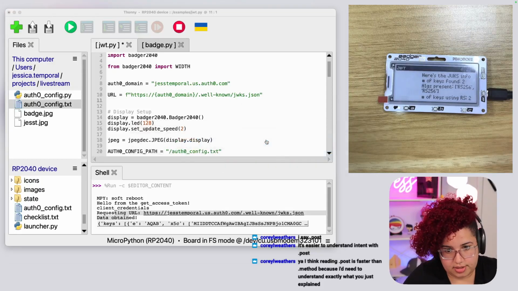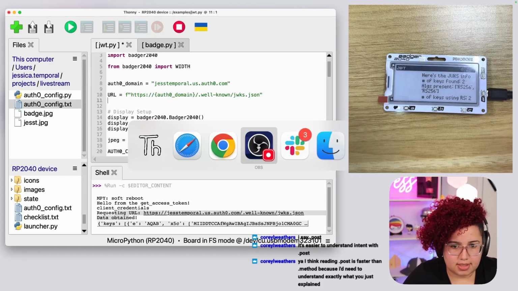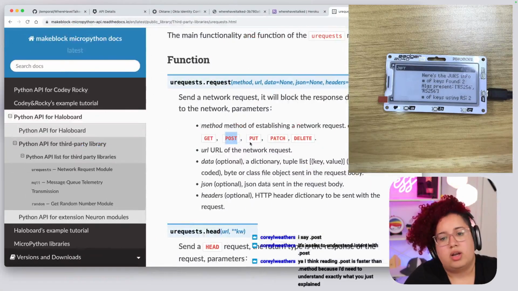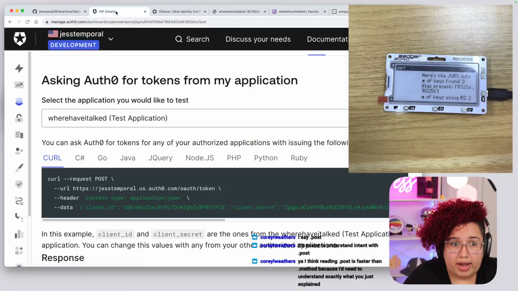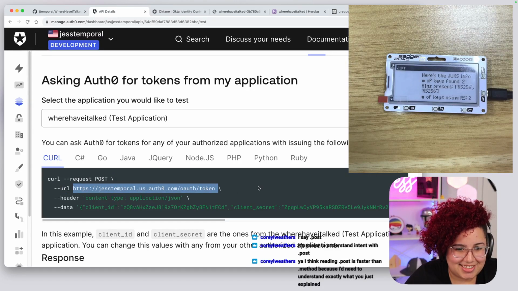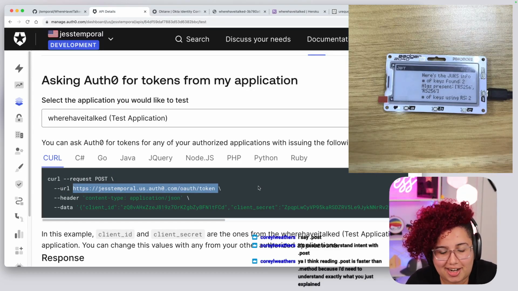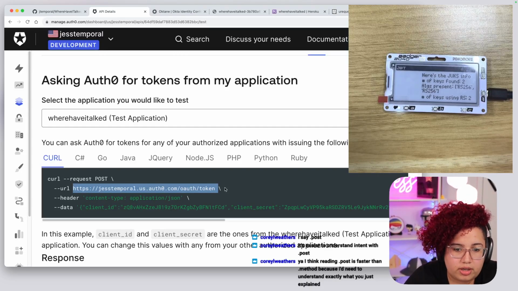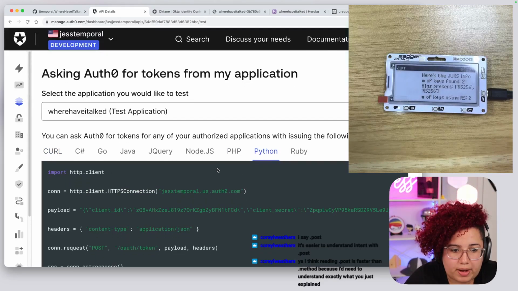And how do I know this? Because, well, wrong browser. Because inside of my Auth0 dashboard, it shows it here. Look at that, oauth/token. And you could see the code for Python, although I prefer to read it this way. But for example, for Python, it has the same thing.